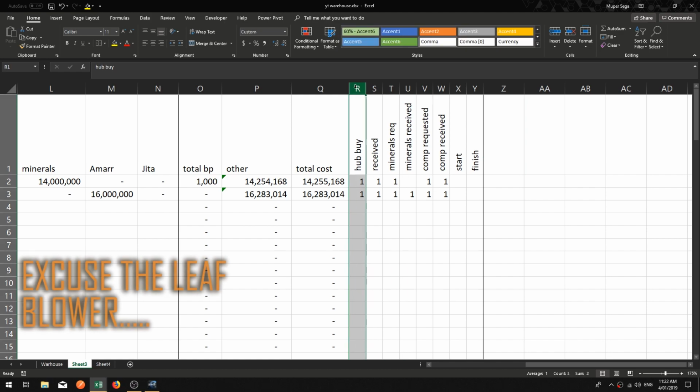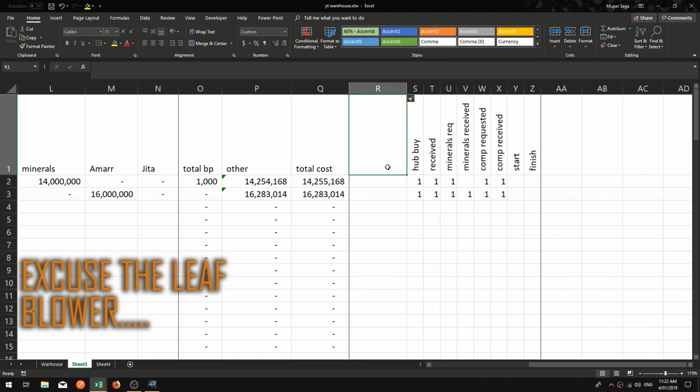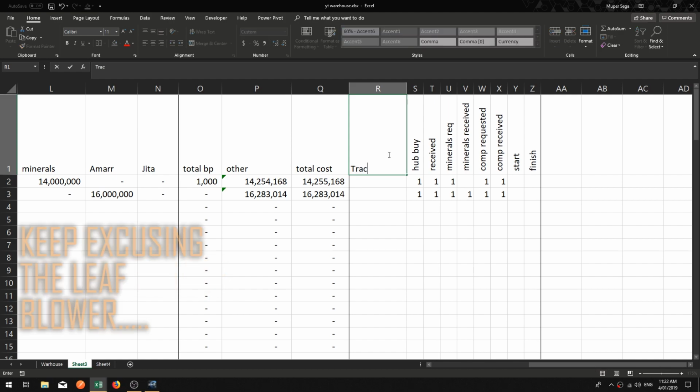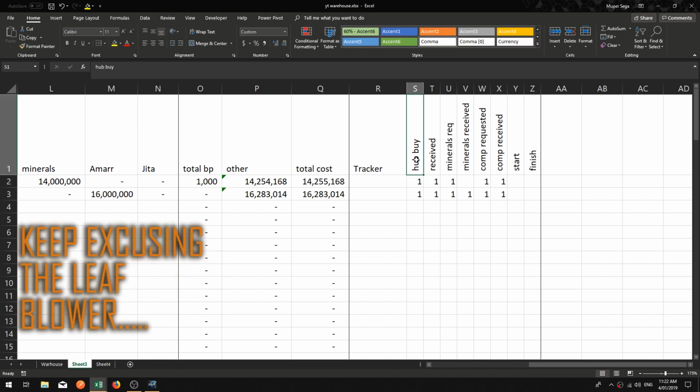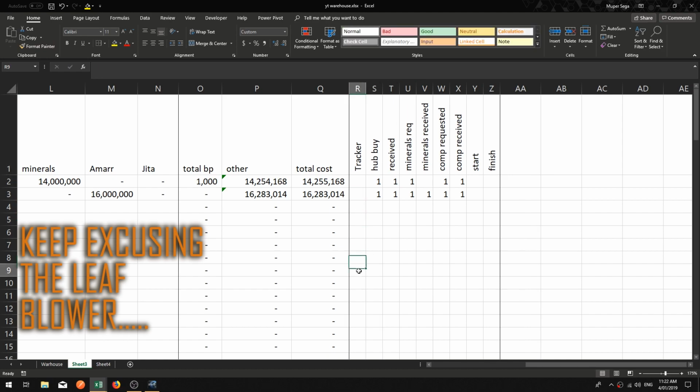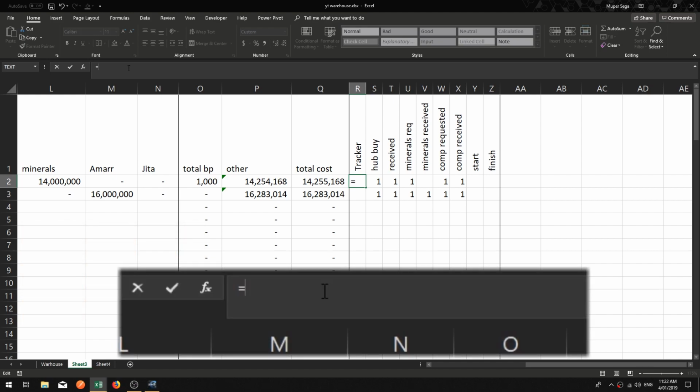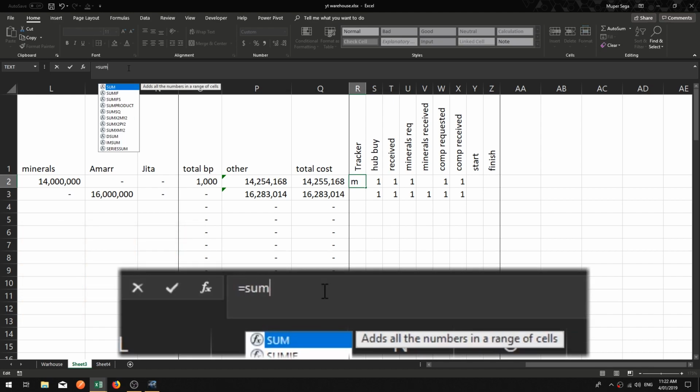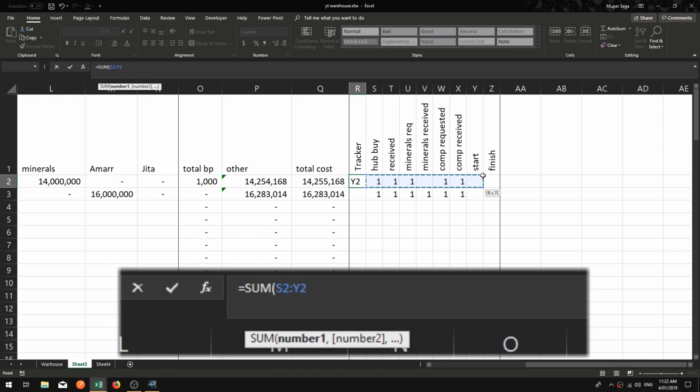I'm going to call it, of all things, tracker. I'm going to insert it. It is going to be a hidden column, but it will be referenced by our conditional formatting later. Okay, so let's call it tracker. I'm going to format paint the format of this one straight into the tracker column like that. Now what this is going to do is go equals sum of everything in